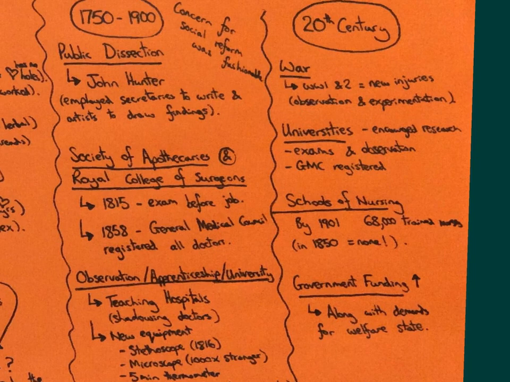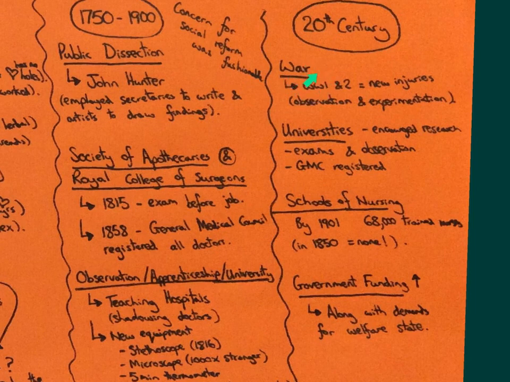We also see war becoming a major factor in training and in changes in training. So, for example, World War One, we see people being much more widely trained on new pieces of technology. There's a necessity for governments to fund this new training. So, for example, the best thing which illuminates this would be the X-ray. It's invented just before the 20th century, at the end of the 1800s, by a man called Wilhelm Röntgen, a German man, and not many people bothered to invest in the technology or to use it or to train anyone in how to use it.